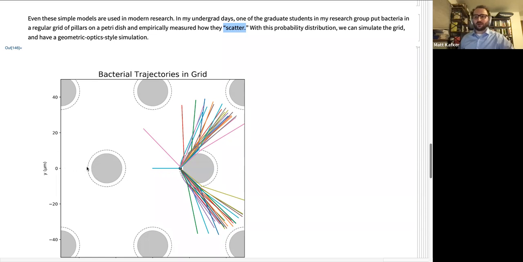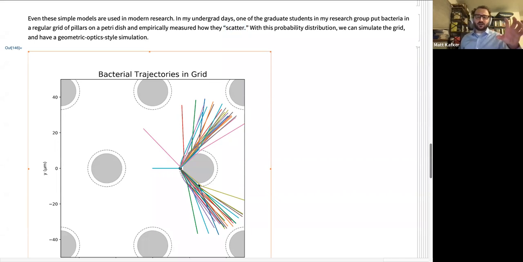So you fix an impact parameter, where how the cell comes in and hits the pillar. And then there's a probability distribution, both in terms of where it leaves along the perimeter of the pillar and what direction it faces when it leaves. So what we're looking at here is, if we imagine our bacteria move in perfectly straight lines, this is to give you an idea of what this probability distribution looks like at 0 impact parameter. So it's a stochastic scattering process. You're going to send these cells in. A lot of them are going to leave over here. Some of them are going to leave over here. It's primarily a forward scattering process, but there is some back scatter. Don't take seriously what's happening inside the dashed line. This is just interpolation or whatever.